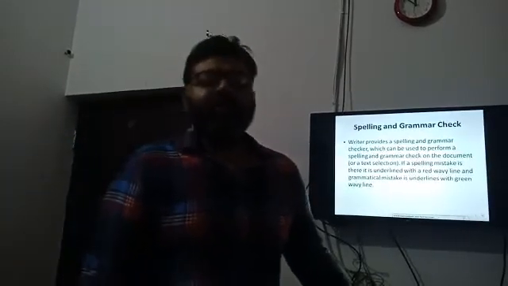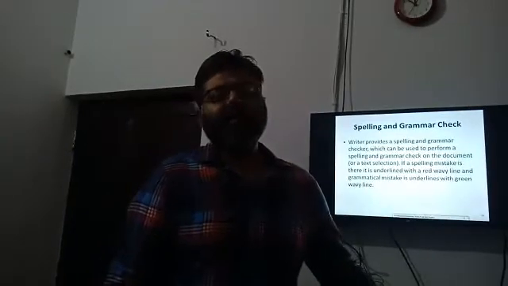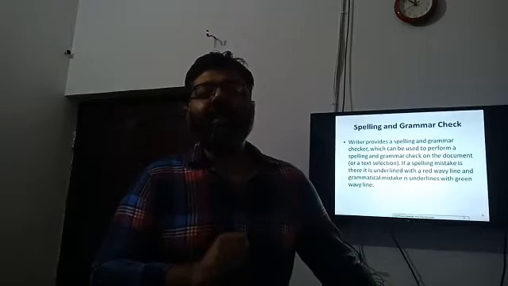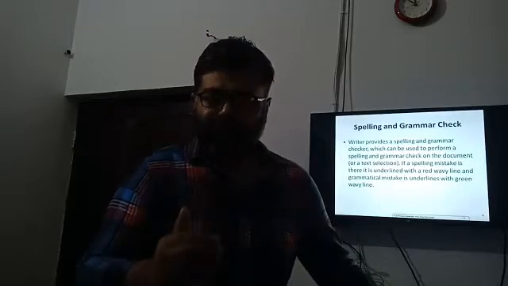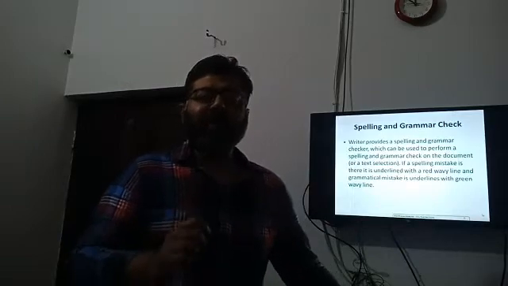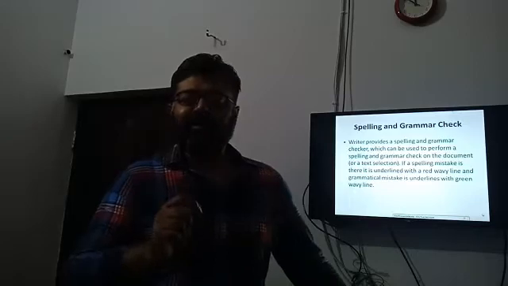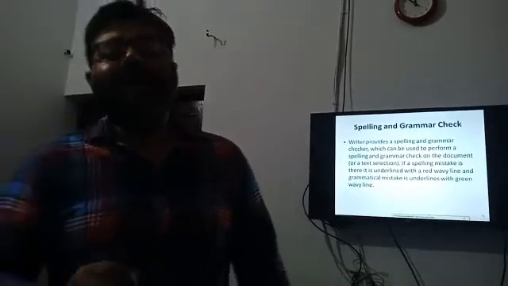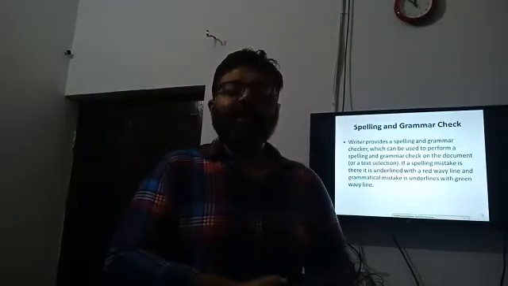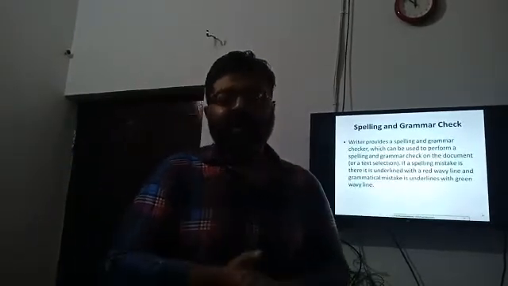Today we will go through another topic, that is spelling and grammar check. Any word processor, it may be OpenOffice.org Writer or MS Word or any other word processor, has its own inbuilt dictionary, according to which the word processor checks whether the spellings that you are writing in a document are correct or not. If it finds the spelling misspelled, then it underlines the spelling with a red wavy line. Or if there is a grammatical mistake, then it is underlined by a green wavy line.